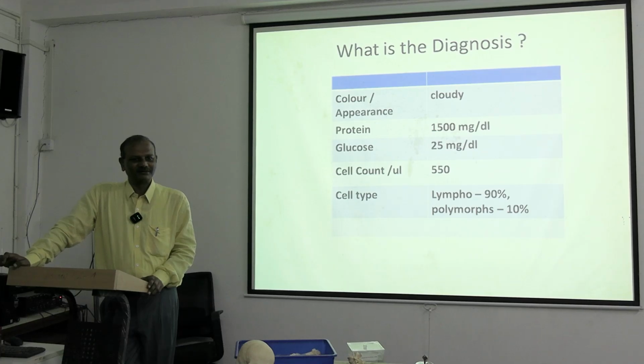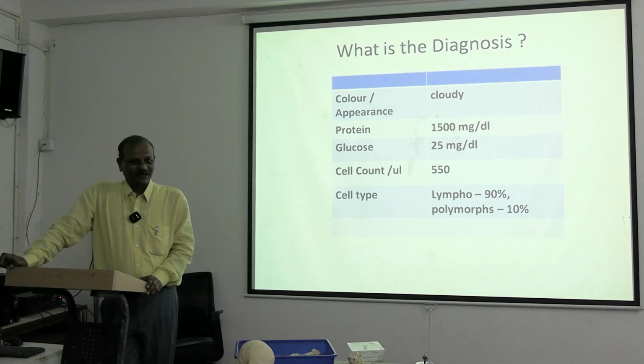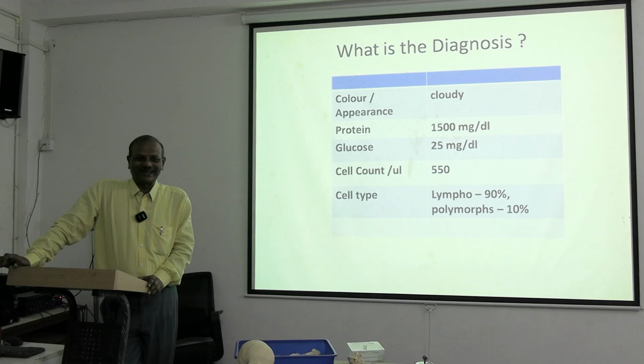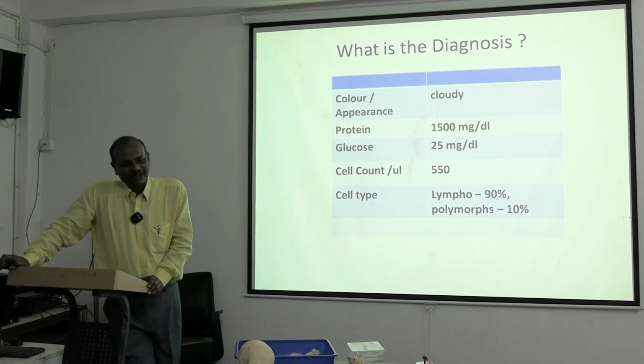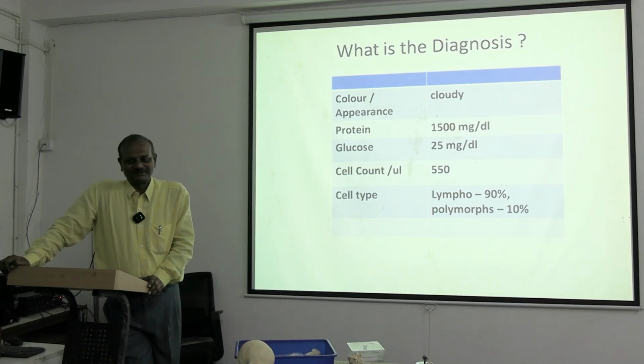Anything else it could be? Can it be normal? Can it be tubercular? I told you specifically, tuberculosis is also bacterial, but a special type of bacteria is there, so it is not absolutely synonymous with bacterial meningitis. So we have deliberately told viral, bacterial and tubercular meningitis, specific type.